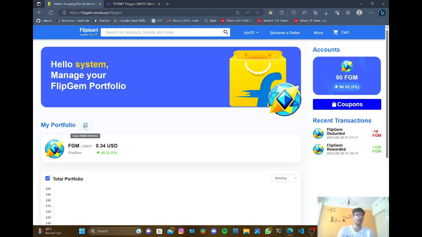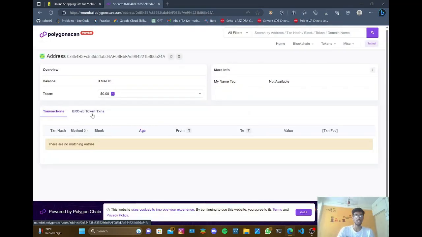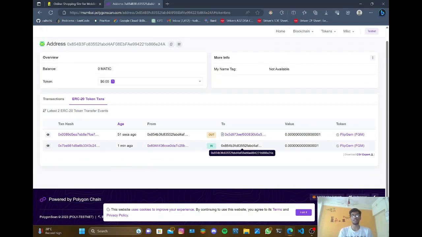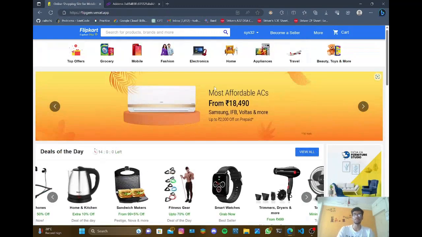Here the user can copy the wallet address through this button, head to the Polygon testnet, paste their wallet address and search it. Here you can see in the ERC token transactions, there are 2 transactions available. The first is for buying the product and the other is for buying the coupon. Okay. So that is our FlipGem dashboard.